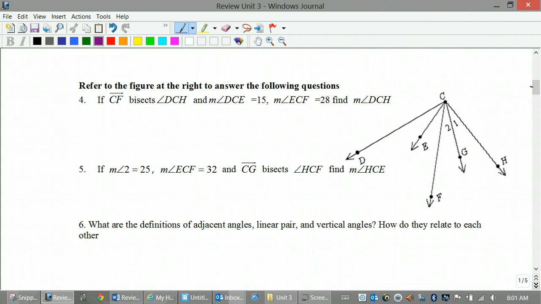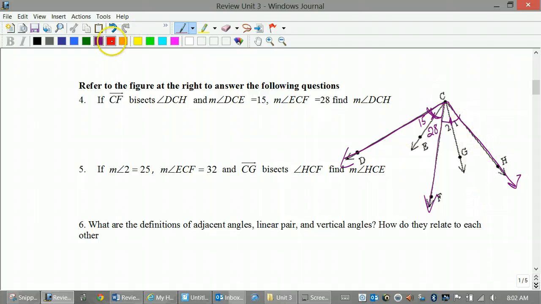If ray CF bisects angle DCH, it bisects this angle right here. By the way, a recommendation: label the picture. Since they bisect each other, I'm going to mark that this is congruent to this. Angle DCE, I'm going to mark 15 in there. DCE is 15. ECF is 28. So what is then